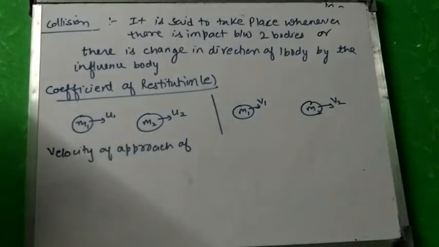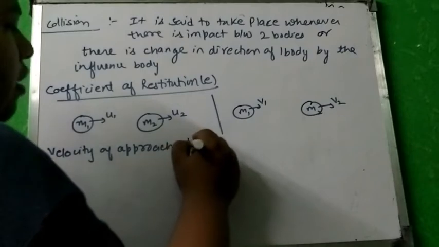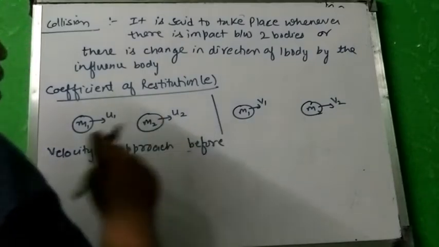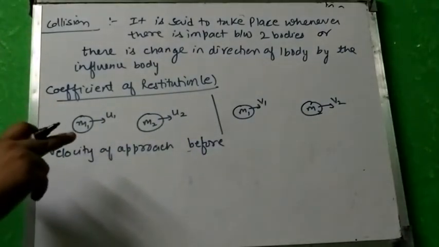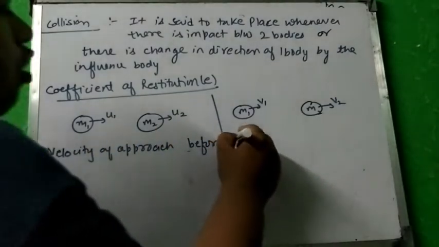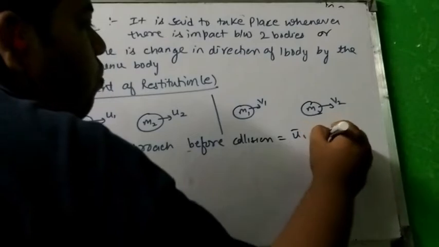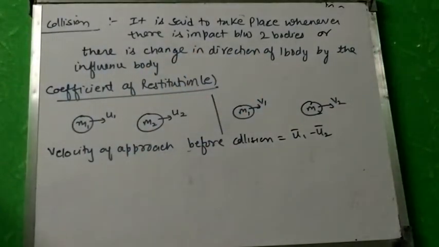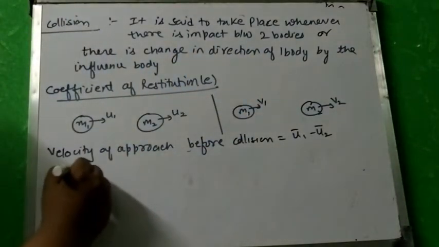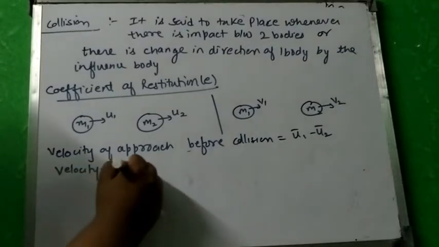Velocity of approach before collision. In this, the first ball is chasing the second ball and hits it. Before collision, it is equal to u1 minus u2. According to this figure, velocity of separation after collision is